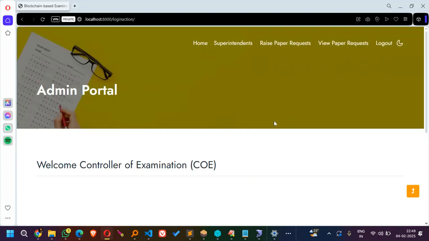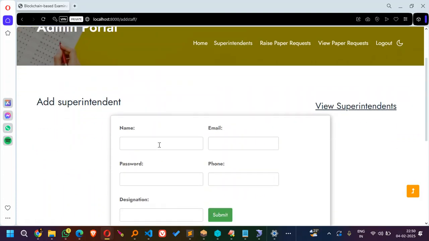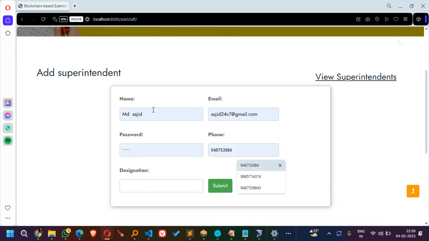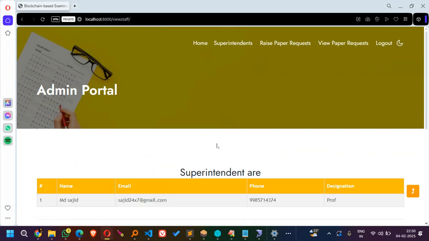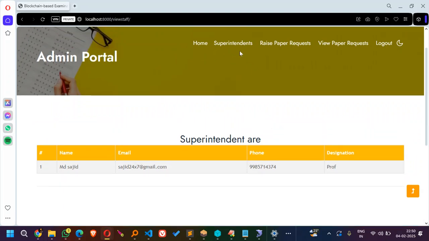There is no sign up for COE, and COE can create the superintendents. Like I'm adding one account here. So the COE can see the existing superintendent stakeholders, and now